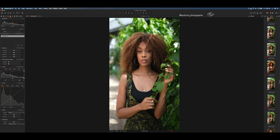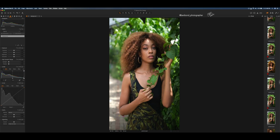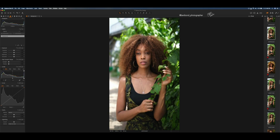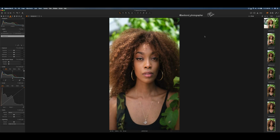Hi guys, so this is to show you how I edit my photos after a photo shoot or after I take photos. So these are the files from the shoot I did with the Fujifilm X-T30. I'll edit one of them for you guys to see how I go about it after I do a shoot. I'm currently using Capture One Pro 12,